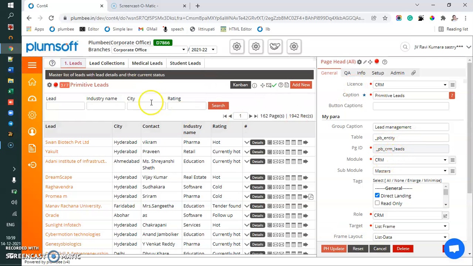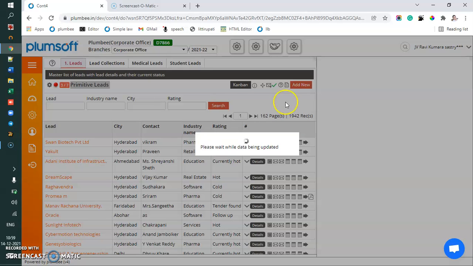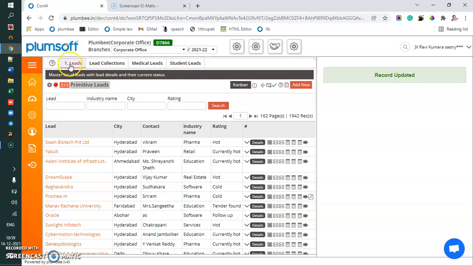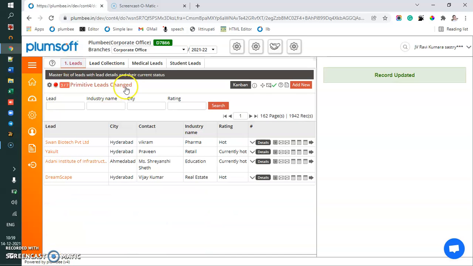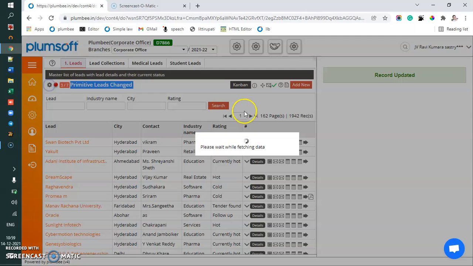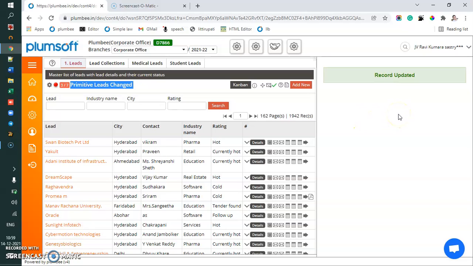And the caption of this form, suppose this is primitive leads. I want to change it to primitive leads changed. Okay, I am saving this. The moment I save it, you will see the leads as it is, but the title has changed to primitive leads. So I'm removing that. I'm putting it back.